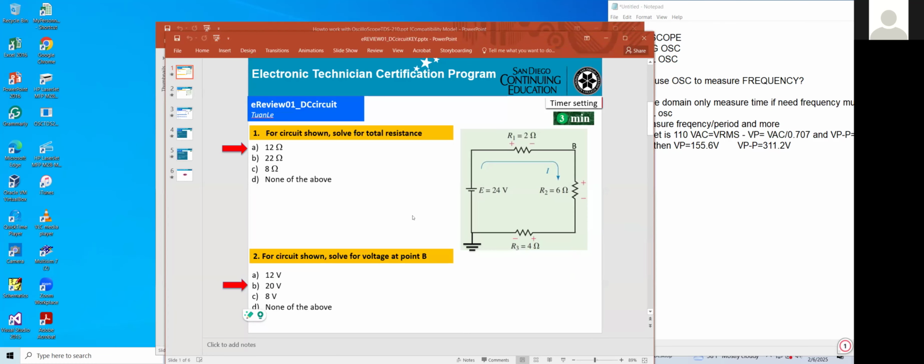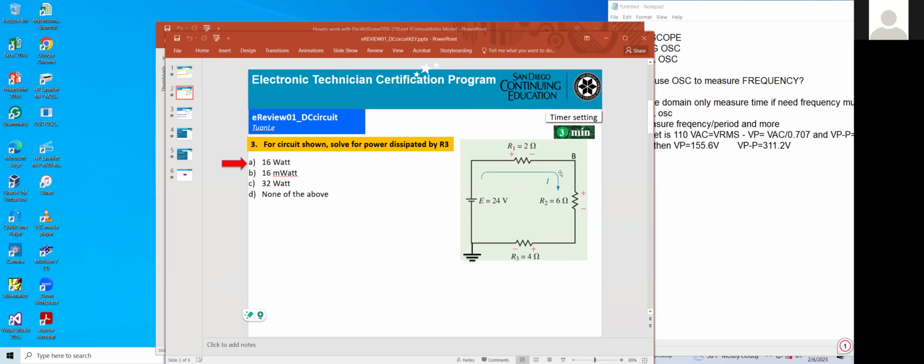Okay. Now, you can see this circuit. Okay. I want to measure